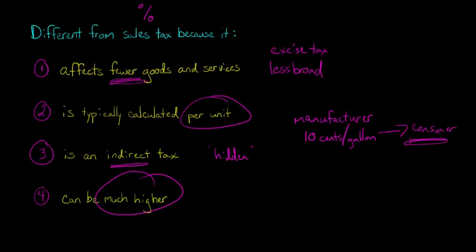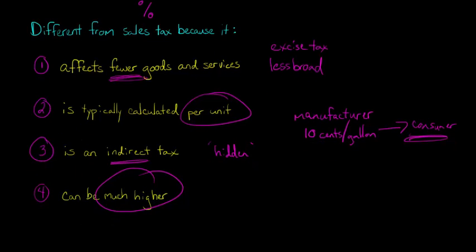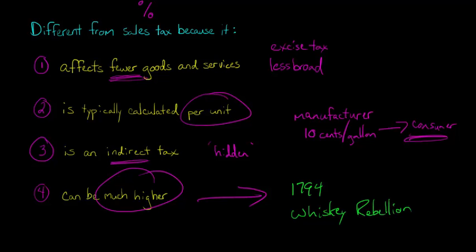These excise taxes can actually be so large. The first federal excise tax was passed when Washington was president, and it was so high that it made farmers really, really angry, and it led to something in 1794 called the Whiskey Rebellion. So these excise taxes are not a joke, and they can be quite large. We don't have anybody rebelling over them today, at least not in the same sense they did in 1794. But they're not trivial taxes.